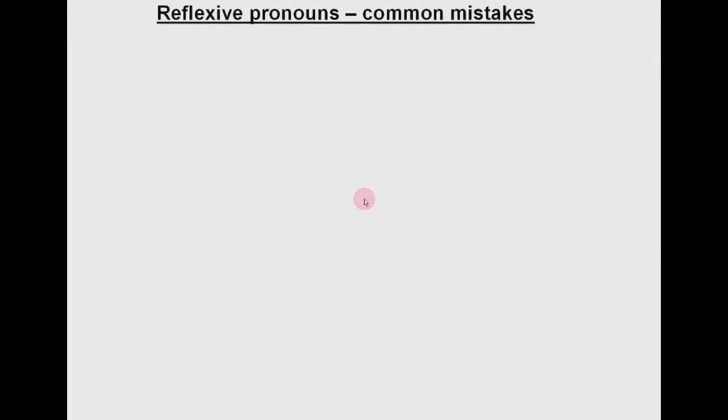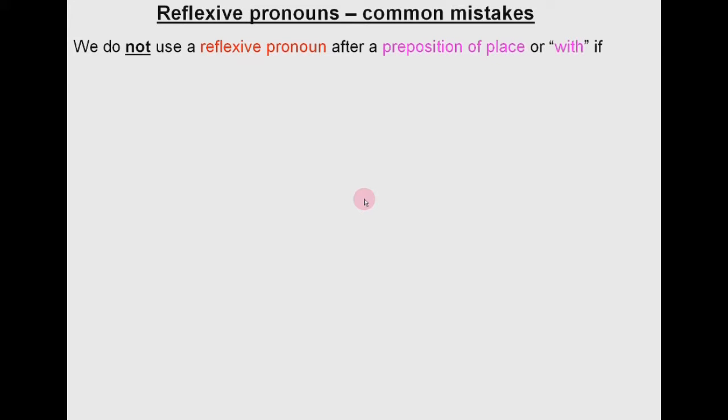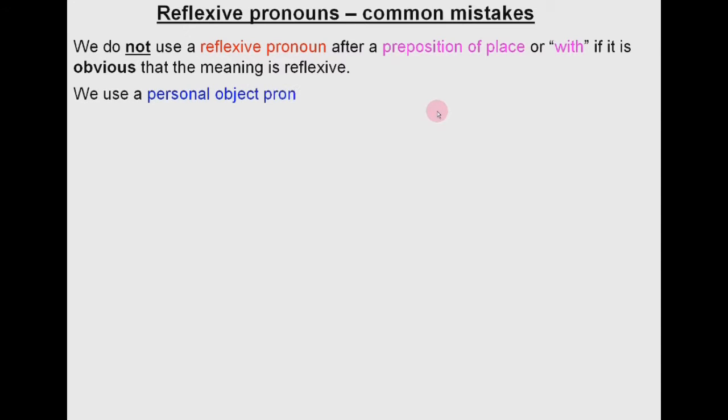Now let's look at some common mistakes. We do not use a reflexive pronoun after a preposition of place or with if it is obvious that the meaning is reflexive. Instead, we use a personal object pronoun. Example: